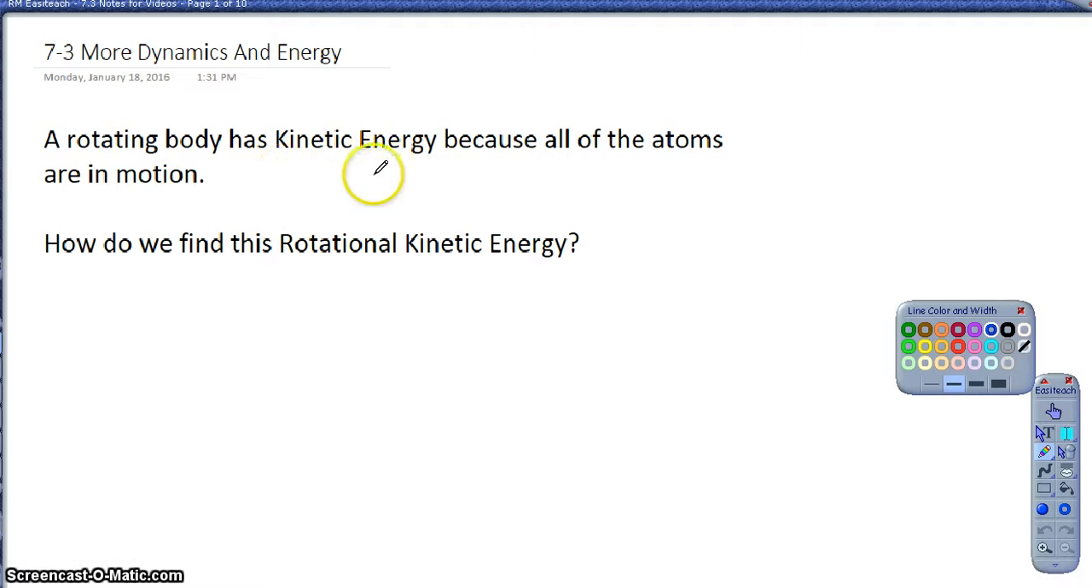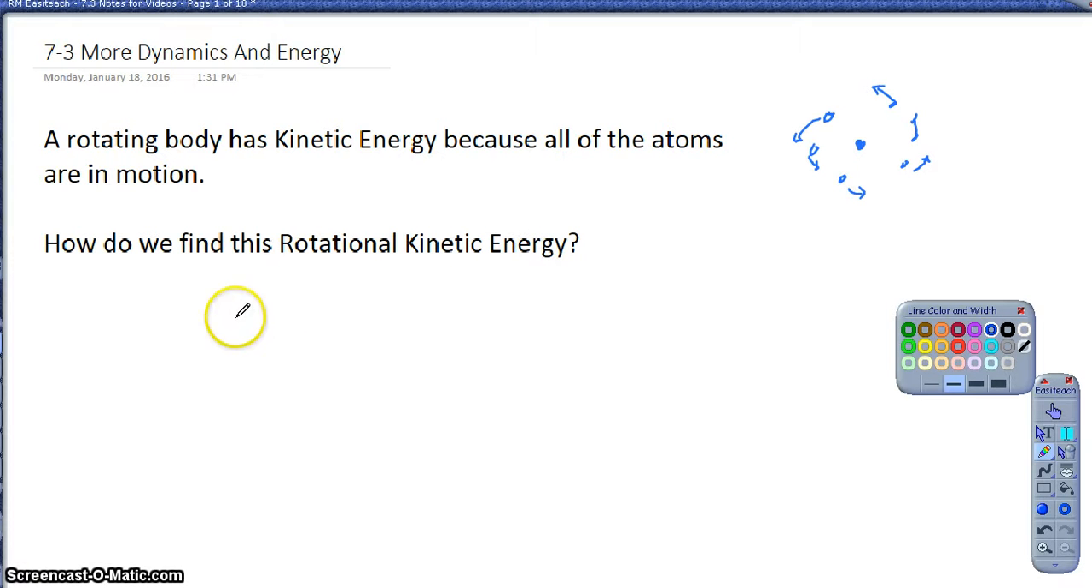So a rotating body we know is going to have kinetic energy because the atoms are in motion, right? So if this is the center of mass and you have a whole bunch of atoms obviously around that center of mass in an object that may be rotating, each of those objects as it rotates is going to have a linear velocity, and therefore each object is going to have some kinetic energy associated with just the fact that it's rotating, right? So this is something we did see in physics 1 as well,